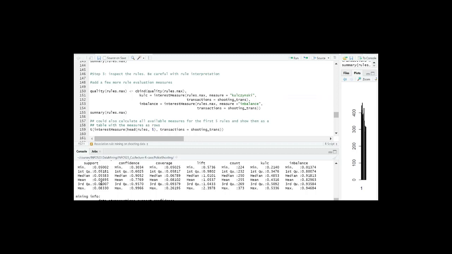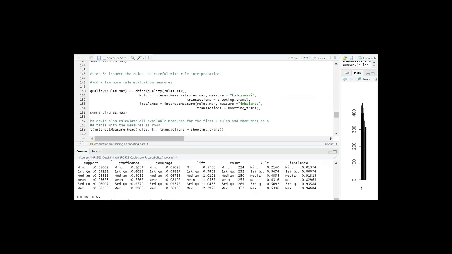We can see support being generally low. This is typical when mining a large data set, because for a rule with multiple items on the left-hand side and some elements on the right-hand side, the co-occurrence of all those often represents a small portion of the total transactions.